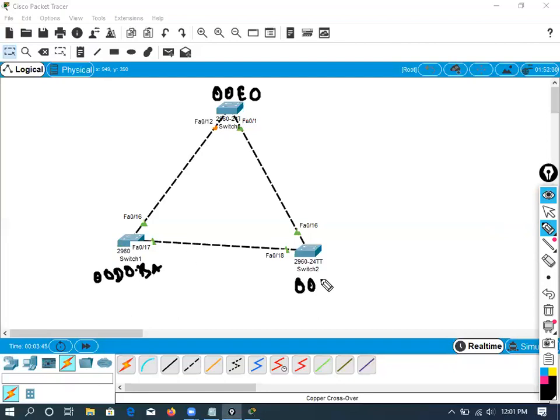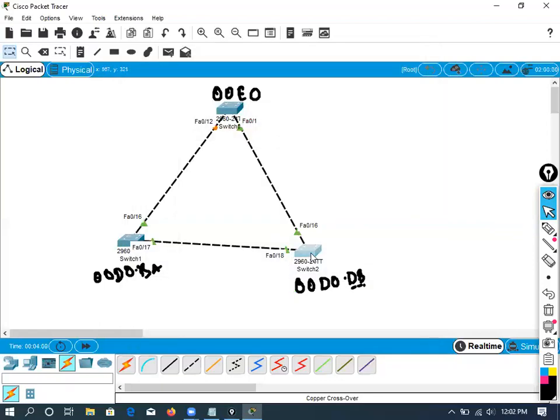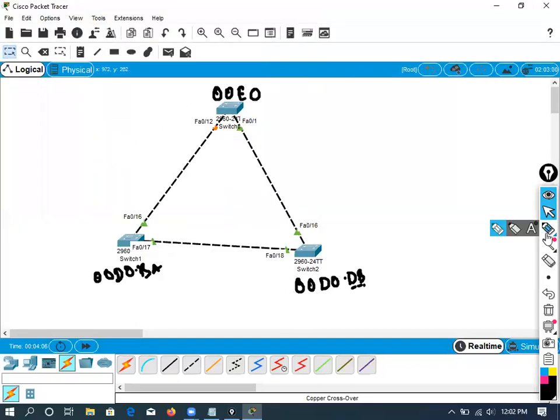This is 00D0 something like DB or something like that, I'm not sure. Let it be, whatever it is. Oh, no, this is wrong. This is 00D0582B. Is it clear? Now, which is the lower MAC address?